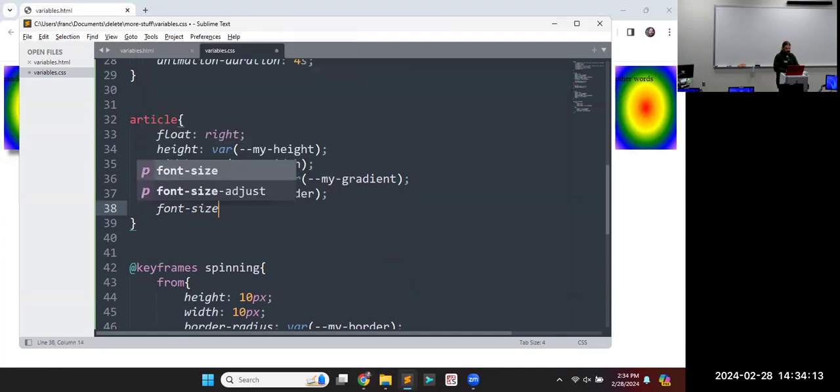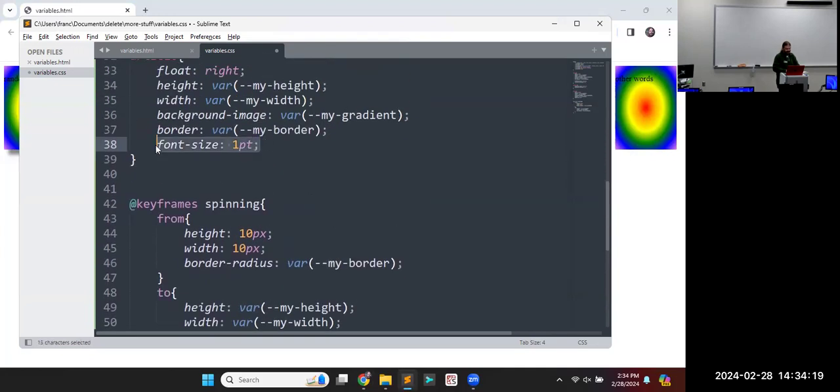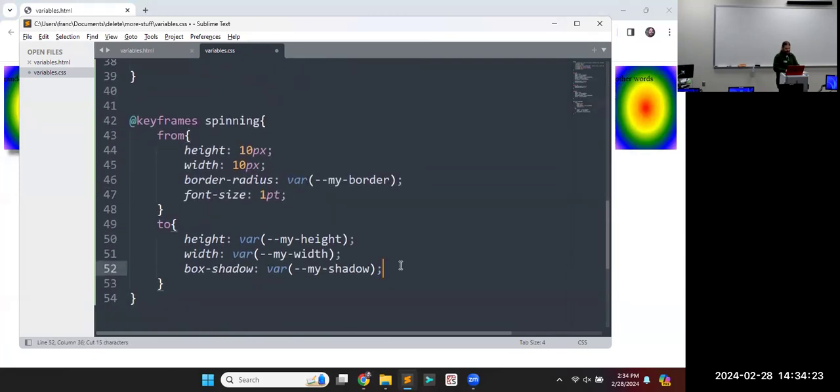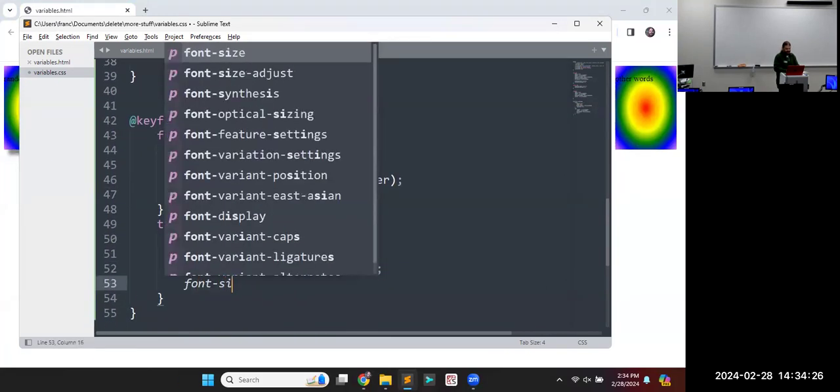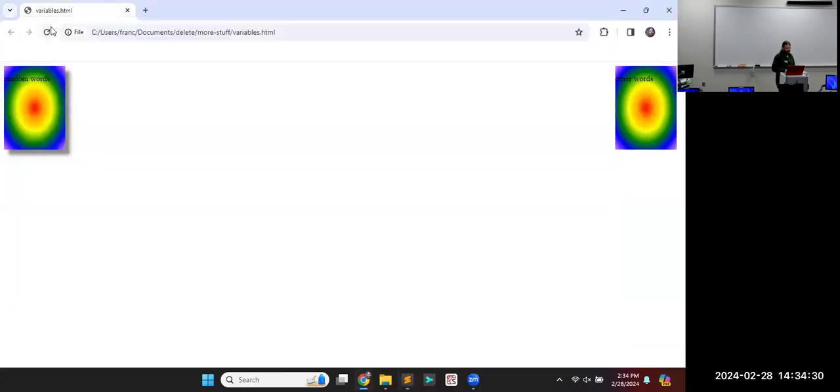Font size. That's a different point. Oh, that's not it. From a 1-point font to a 12-point font. Yeah, that worked. But the main thing there was variables. So,